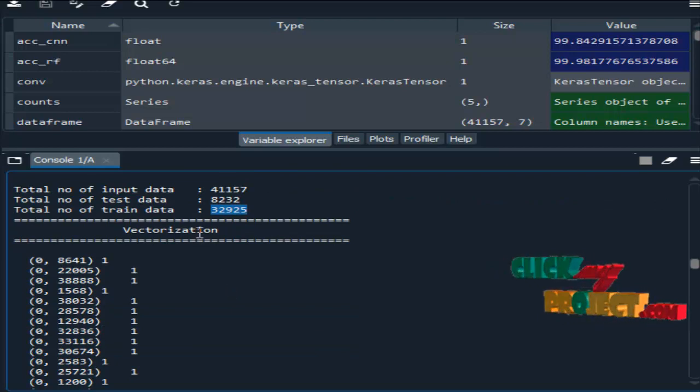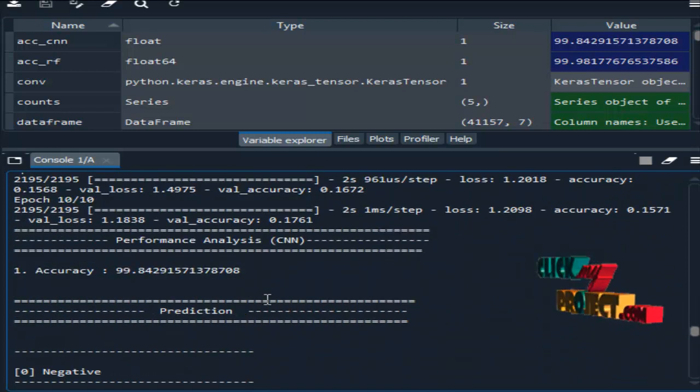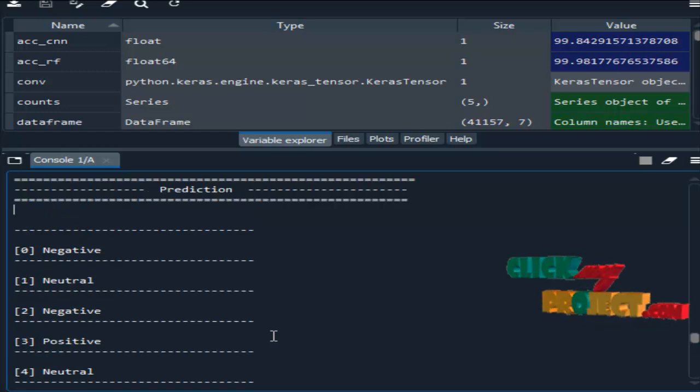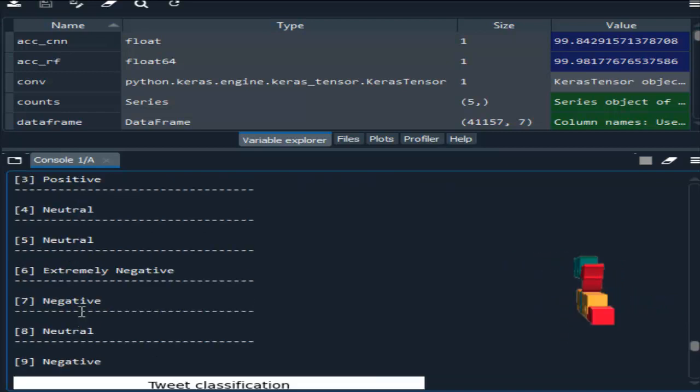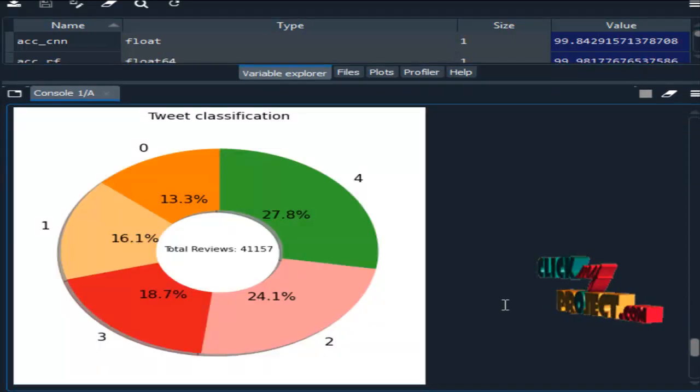Then vectorization. Here we convert the text into vector values. This is the result for vectorization. Then performance analysis for both classification algorithms, that is random forest, this is the result for random forest. Then this is the result for CNN. Then prediction. Here we display 10 samples of test data. The first tweet from our test data is negative, neutral, and so on. So this is the classification: how many percent of tweets are positive, how many percent are negative or neutral, and so on. So this is the output of